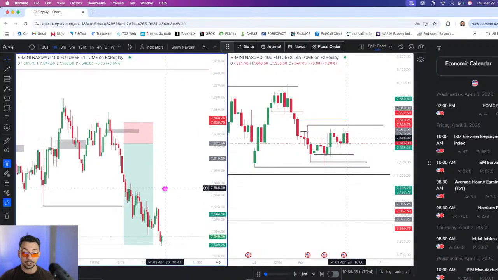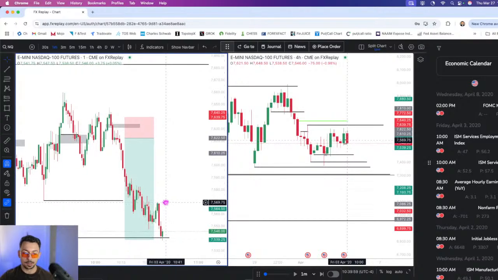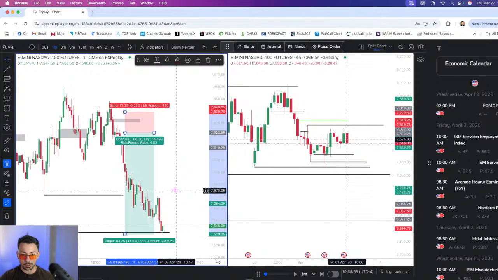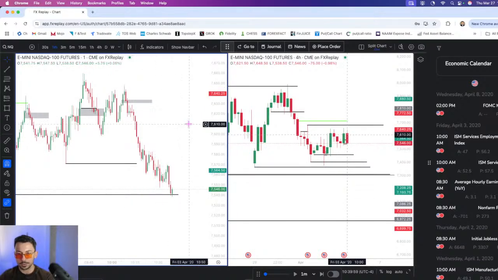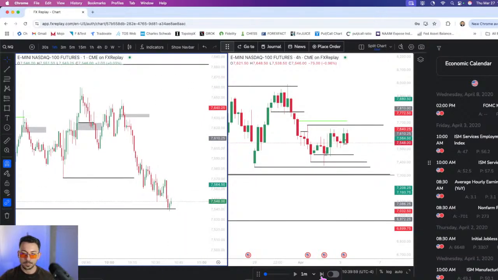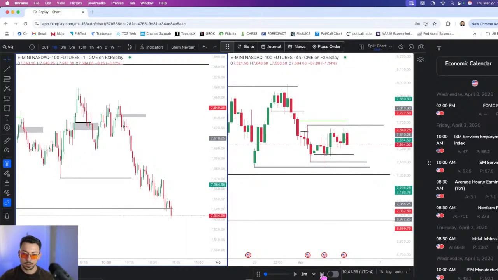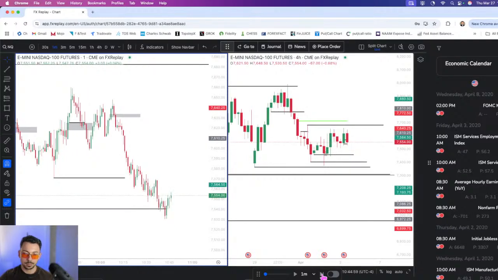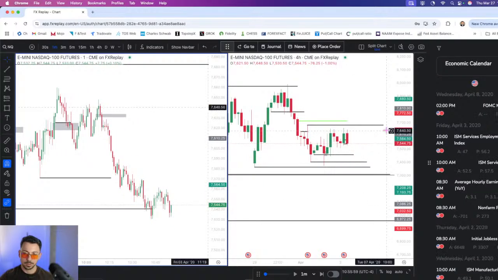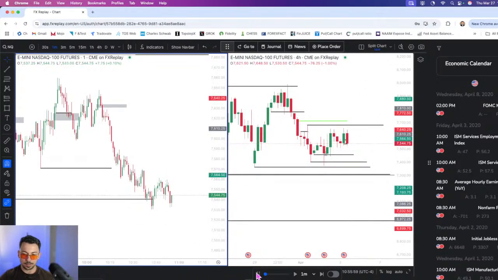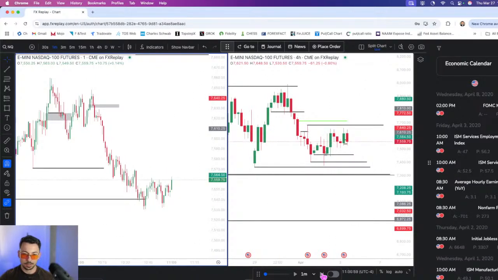And now, potentially, we could even look for a setup to the highs. But it's already 11 o'clock, so unless it's really, really good, I'm not going to be taking anything else for this session, but we'll see what we get. Pretty big rejection there right before the highs, too, so I'm not quite convinced that we're going to have a reversal on the day.